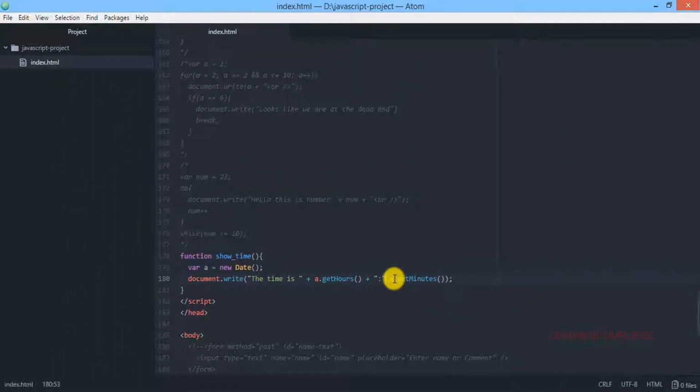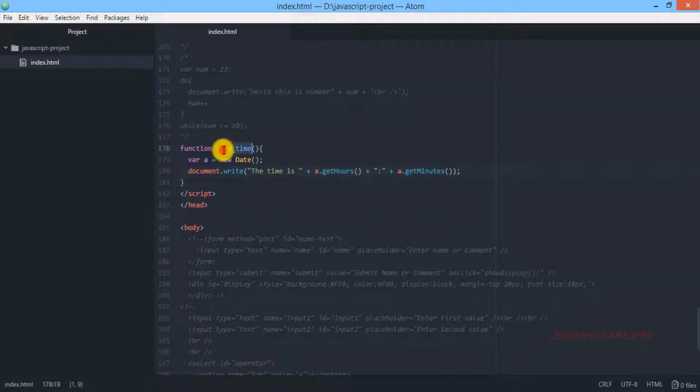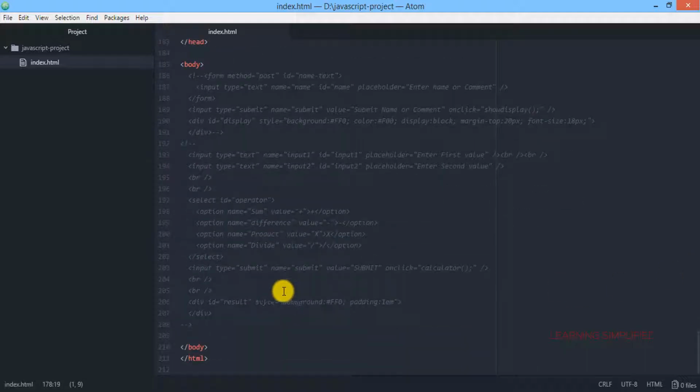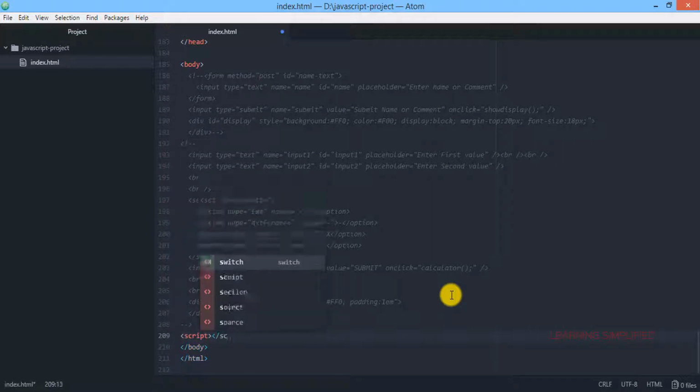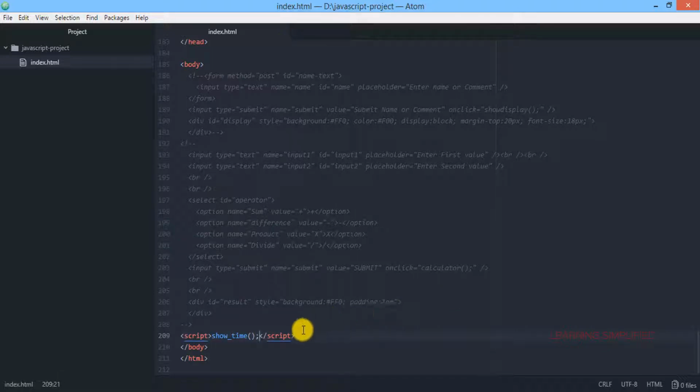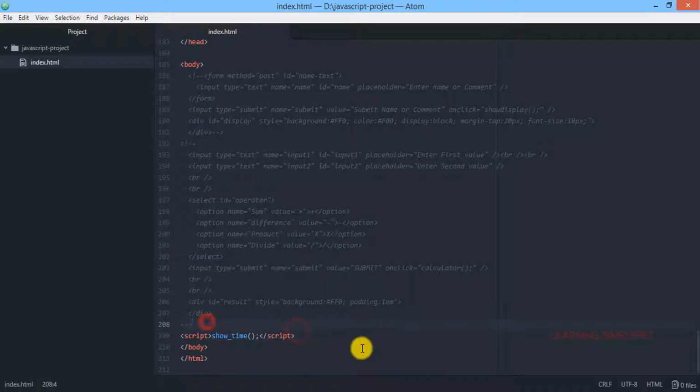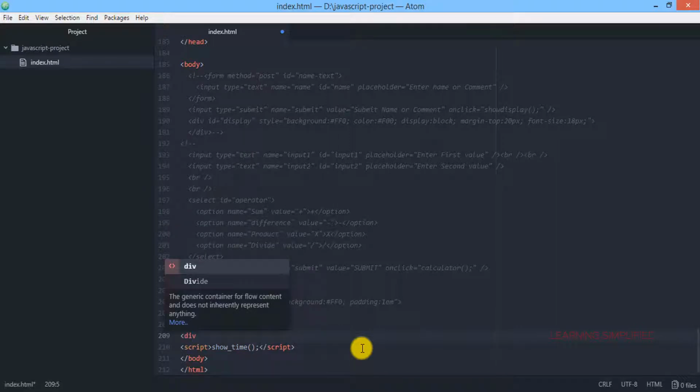Now before we go to the web browser, we can see that we have already made a mistake over here. We need to concatenate these things. Now as that is done, the rest of what we need to do is get back to our body part over here, script, and inside this script tag, we need to call this function show time. Now reload, and you can see the time is 11:58. That means it is now showing the time indicated on my machine, that means the user's machine. Now up to this part it is all right. Next, we can create another div here.